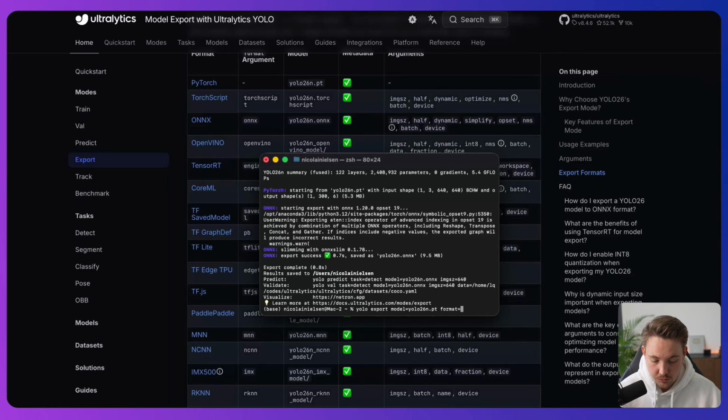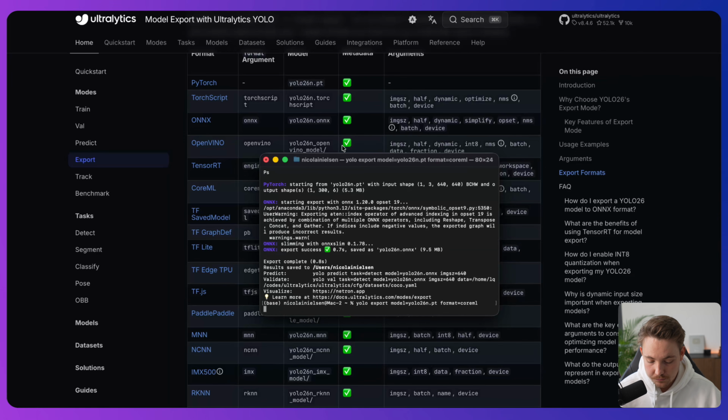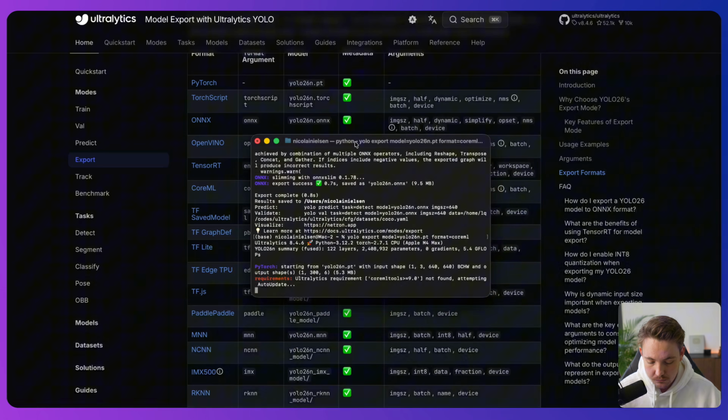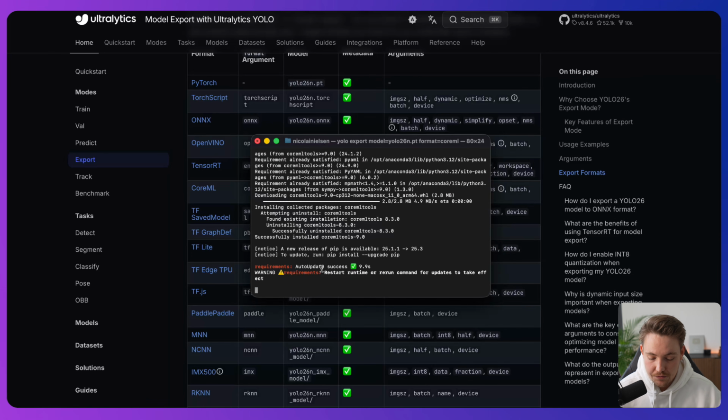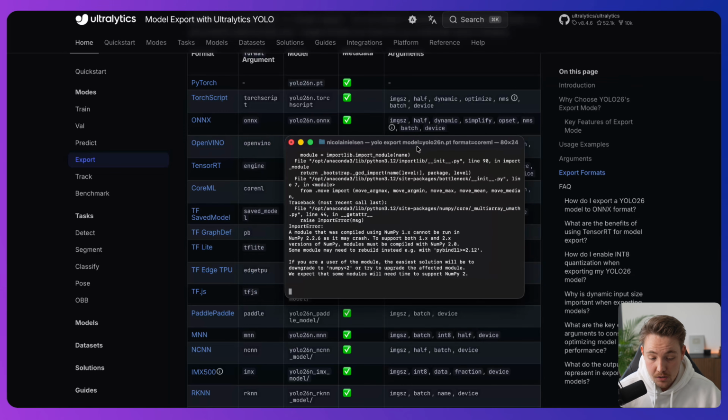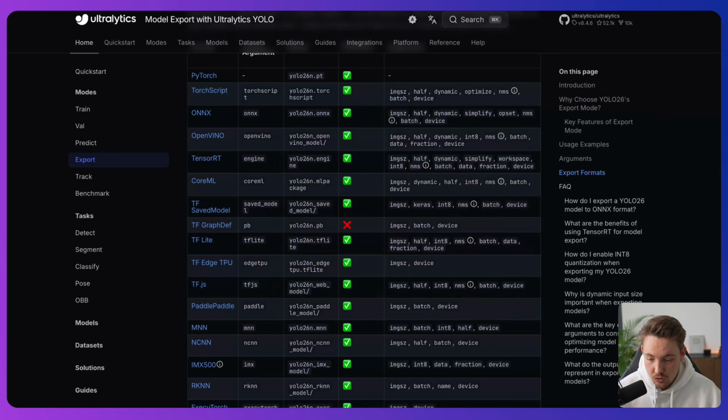So instead of ONNX, we just call CoreML. So now we can see that this requirement has not been found on my computer, so it's just gonna auto update it, and this is gonna be the exact same thing on all the other different formats that you're running it on. So depending on where you run it, we will also open up a Google Colab